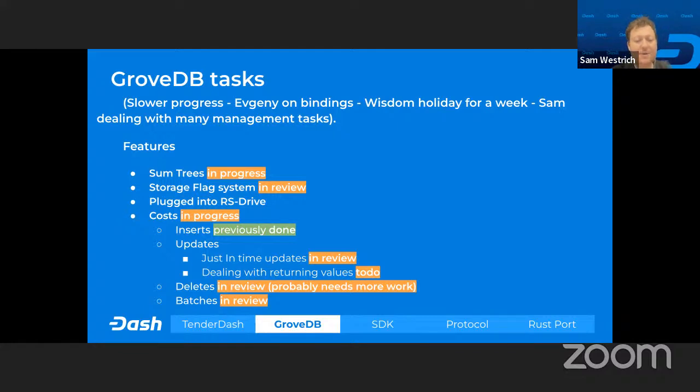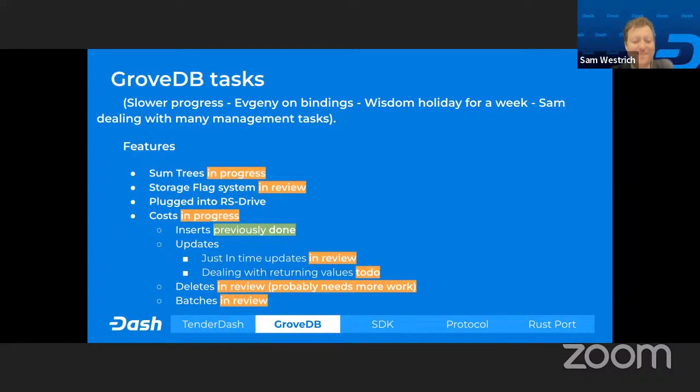And as always, we're continuing on costs. The inserts had been done quite a long time ago. For updates, we have a lot more work that has happened. The just-in-time updates were improved after they were integrated into RS Drive. Deletes are there.